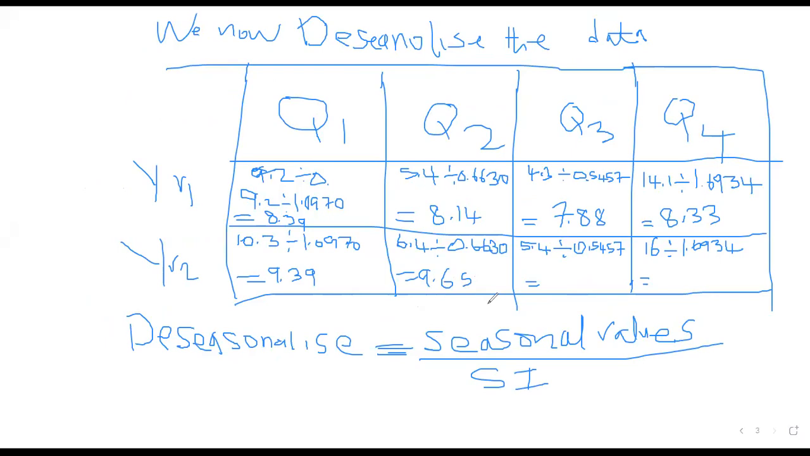So 5.4 divided by 0.5457, 9.89. Then 16 divided by 1.6934, 9.45. So when getting down to the